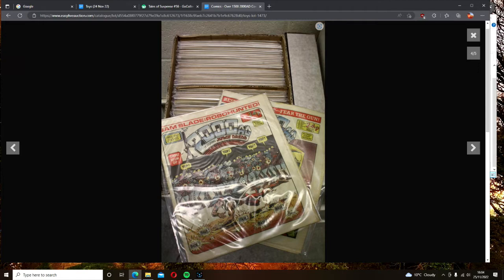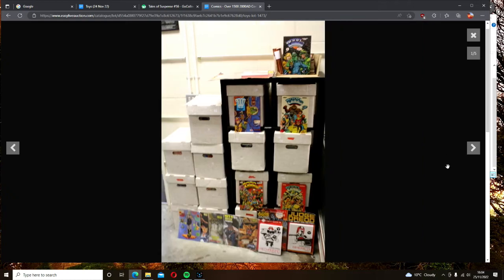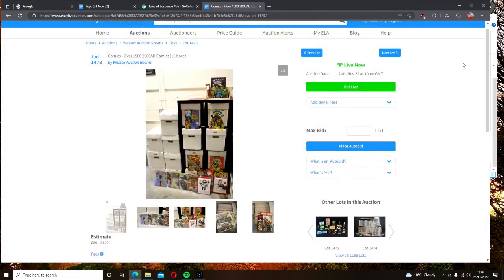Prog 412. 24p date on it, and they're all bagged. I mean, somebody has collected these beautifully. Yeah, what a beautiful collection, but it's 16 flipping boxes. I haven't got room for 16 boxes. I don't particularly collect Judge Dredd, so I won't be bidding, but it'll be interesting to see what